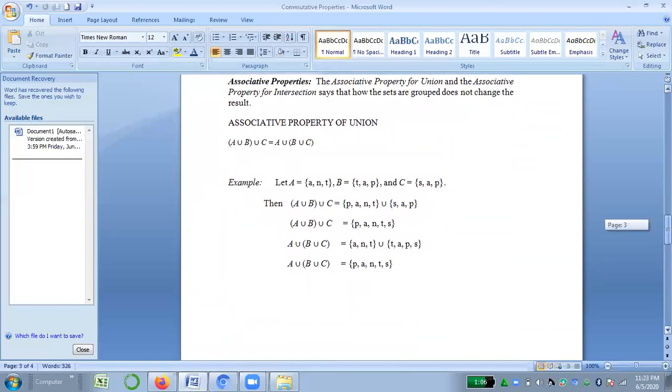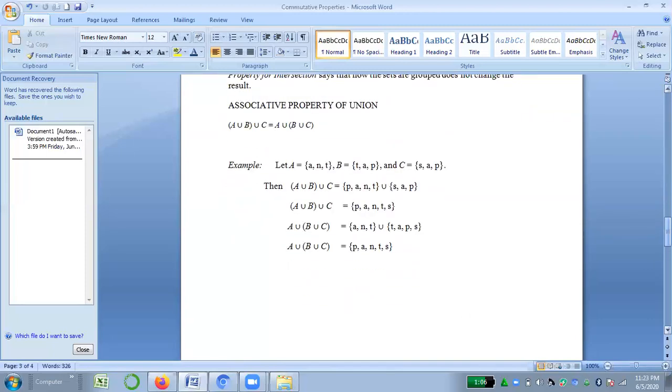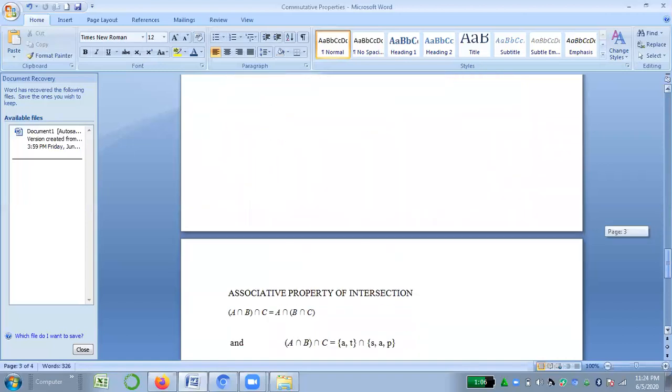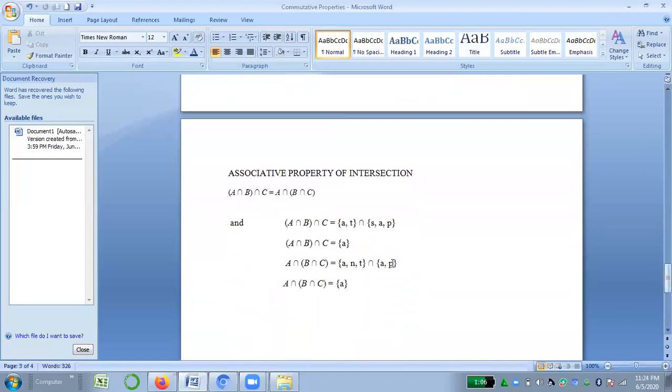So we will take set A, {A, N, T}, and set B, {T, A, P}. We have to take the common elements here because we are solving for intersection. So the common elements here are A and T. So here it is. This is the answer of the intersection A and B, {A, T}. Then we have to